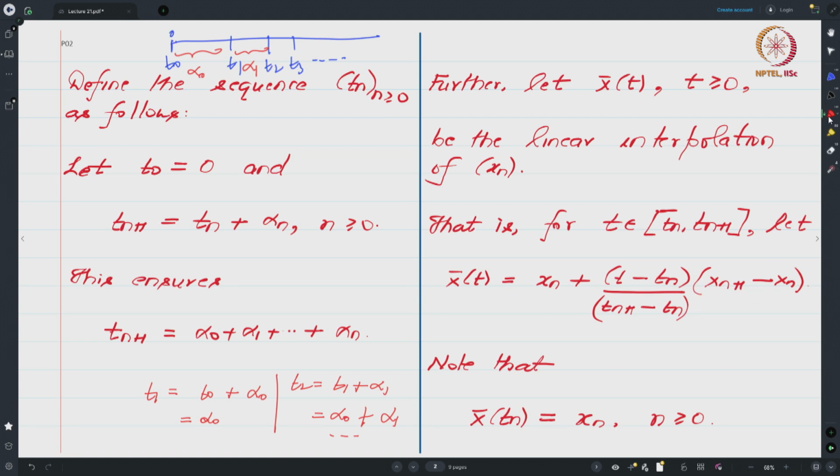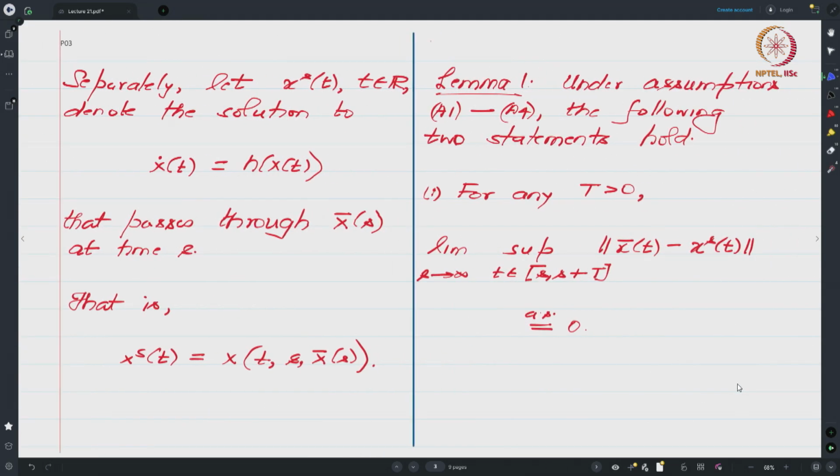So, what this is basically doing is that if on the time axis you have t_n and you have t_{n+1}, let us say this is x_n and let us say this is x_{n+1}, you are basically connecting them, right, and this formula tells you what will be the value at some time t between t_n and t_{n+1}, that is all. Okay. We need one more notation